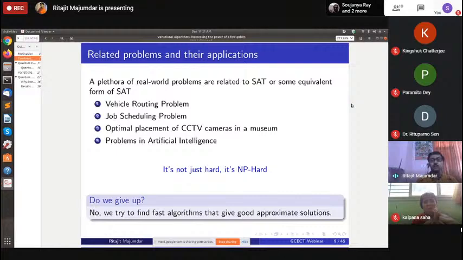Give me an algorithm that may not find me the best solution, but it will find me a good solution, a near best solution. For example, suppose you have this job scheduling problem and the best algorithm, which would require exponential time, can process 30 jobs, and it will require maybe an hour to run. But I come and tell you that I have come up with an algorithm that will require just 5 minutes to run. It may not be able to give you a scheduling that will allow you to process 30